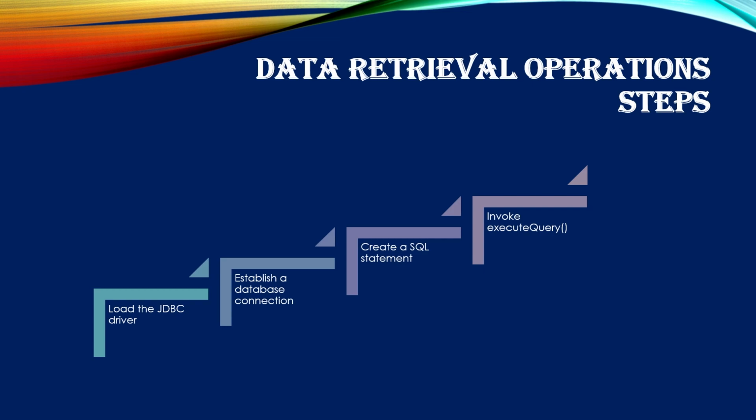The rest, the first three operations, are the same here. And whenever you say execute query, it is going to return you a kind of result set. As of now, in layman's language, what is this result set? This result set is nothing but the table, which it is going to return you as the output. And if you still didn't understand how this result set is going to look, let me show you in